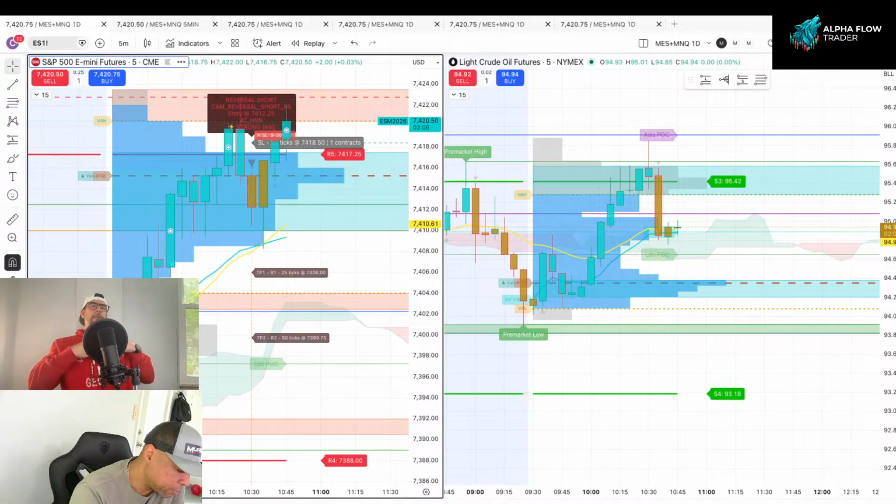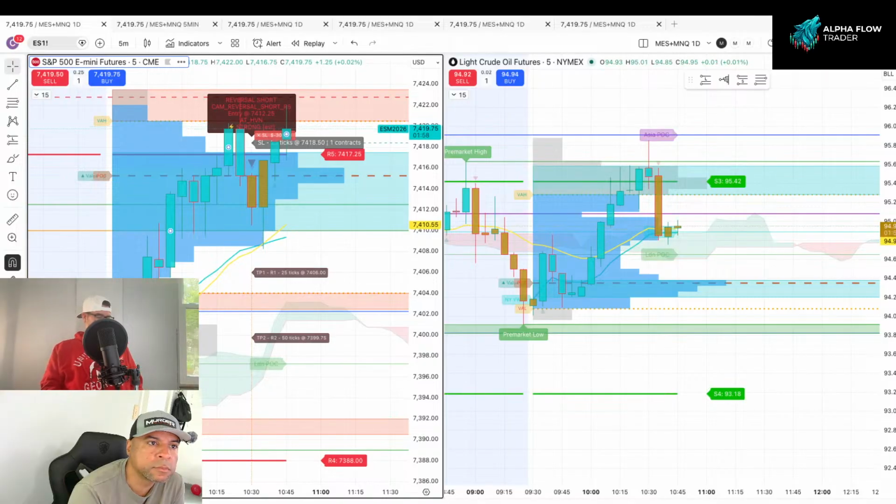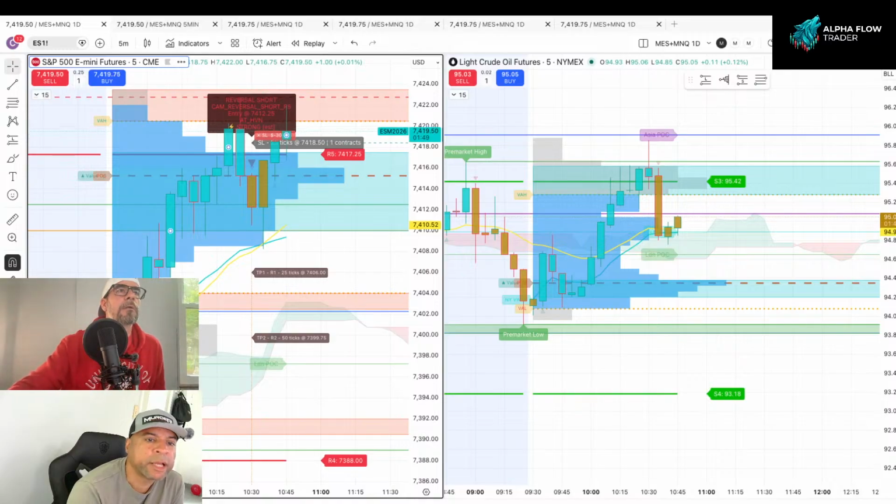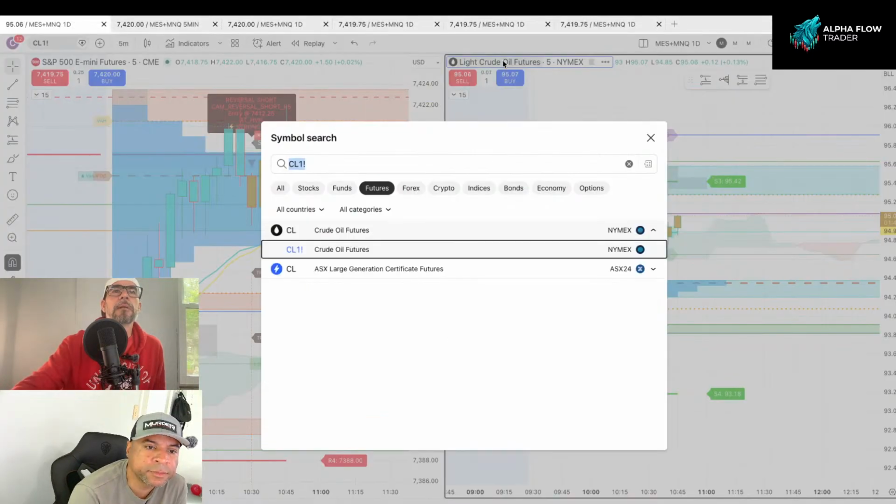Yeah, would love to see crude come down. Market's going up, so that could help. You know, crude often runs opposite to the indexes. Dow's just kind of been in a range ever since that opening candle. After that opening candle, let's take a look at